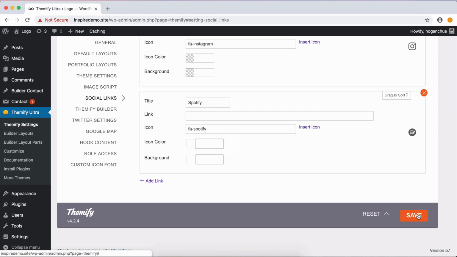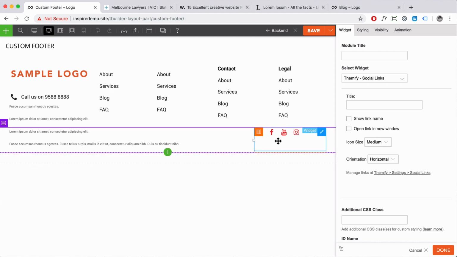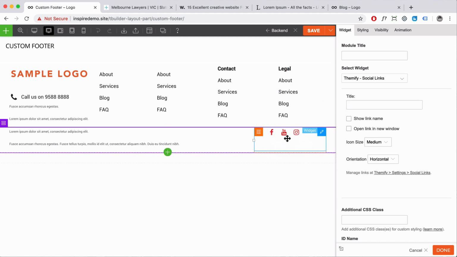So that's pretty much it, and once you've actually done that, then it will show up when you add in your Themify social widget. Okay, so once you've added that in, then this will show up here. So for the icon size, you can change it to small if you want to. That's a little bit too small, so I'm going to keep it as medium. Now for the title, you can add like, socials. That's up to you, but I prefer to just leave it as is because people probably know what that is already. What you need to do maybe next is hover over the column, the row,